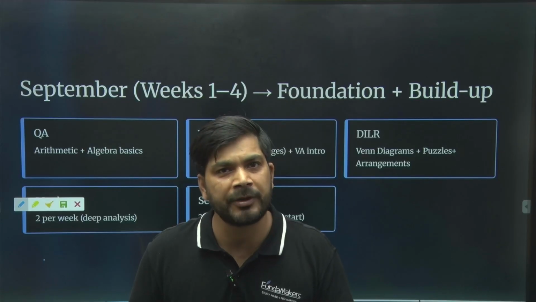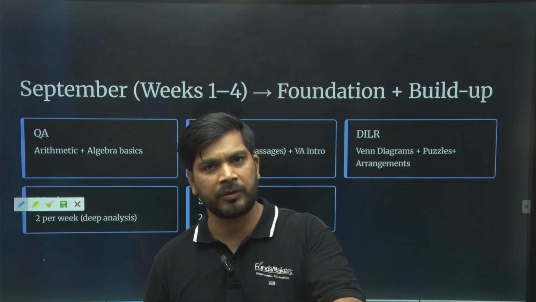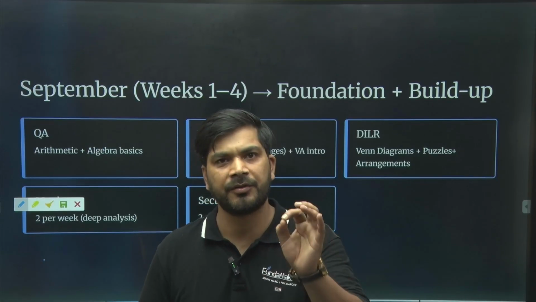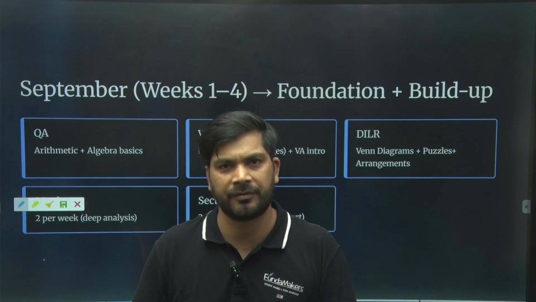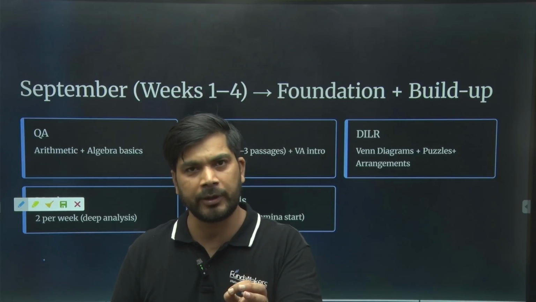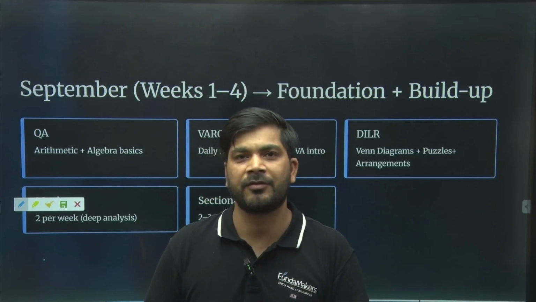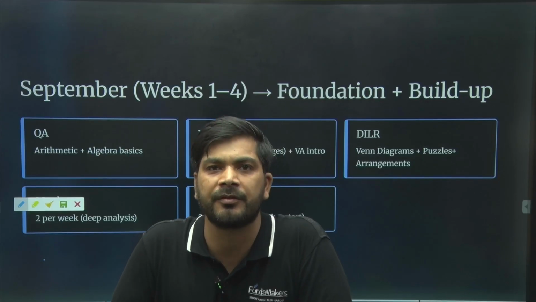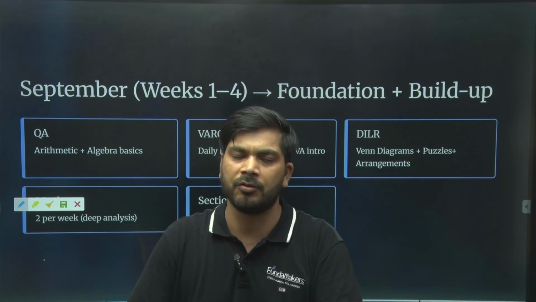How much time should you be taking on a reading comprehension passage? Not more than 6 minutes, 7 minutes. Set a timer, 6 minutes, 7 minutes, and then solve the questions. If you're not able to do that, do it again. I will repeat myself. It's not about the ability, it's about the persistence, right? If you persevere, you'll be able to do that, okay?